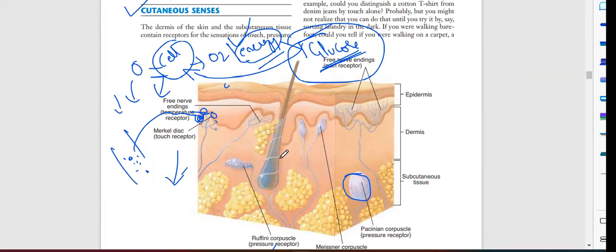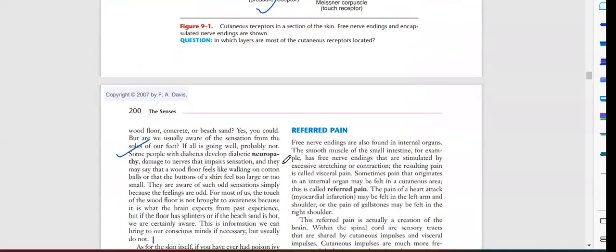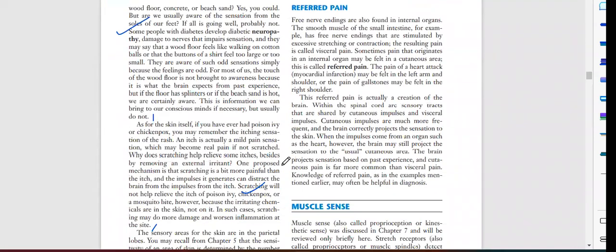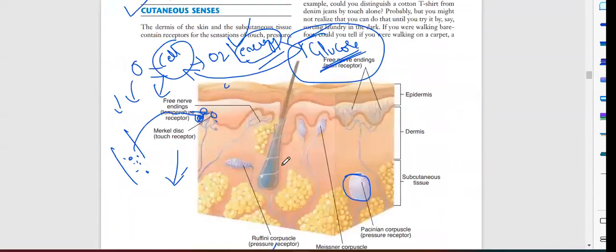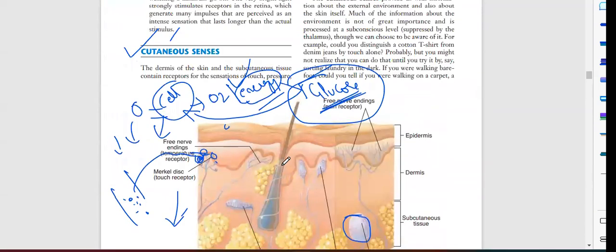Okay, so बेसिकली यहाँ पे क्या बता रहे हैं कि इचिंग भी एक सेंसेशन है जो आपको महसूस होती है। तो क्यों होती है इचिंग? इचिंग इस वजह से होती है कि हमारे टच रिसेप्टर्स के पास कोई केमिकल सब्सटेंस, कोई पोल्यूटेंट आ जाता है। ठीक है, अगर वो पोल्यूटेंट बाहर से है तो जब आप इचिंग करेंगे तो आपको रिलीफ मिल जाएगा और वो पोल्यूटेंट वहां से निकल जाएगा, तो टच रिसेप्टर्स एकदम फ्री महसूस करेंगे।